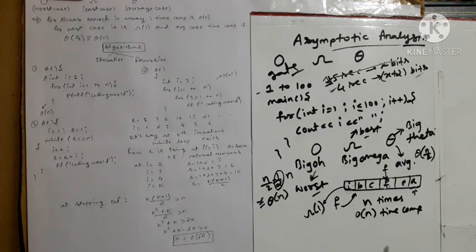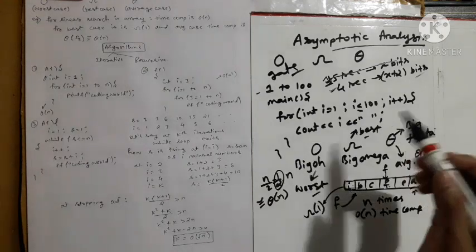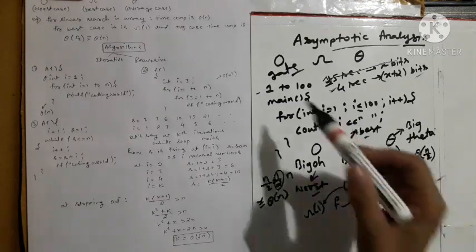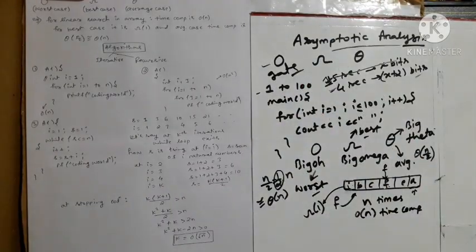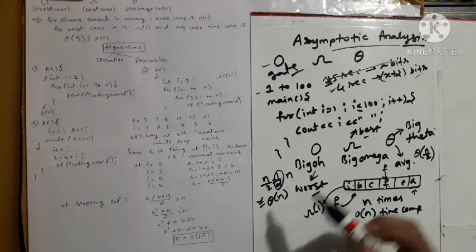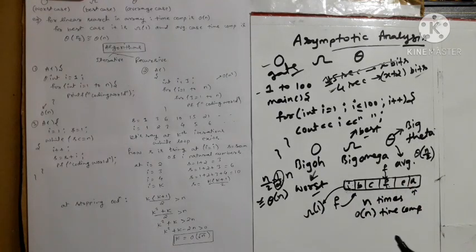In subsequent videos we are going to discuss a lot about asymptotic analysis. Okay, so by now you have understood what big O notation is, what big omega notation is, what big theta notation is. See, in this complete course of asymptotic analysis, coding world is going to provide you all the handwritten notes, isn't it?